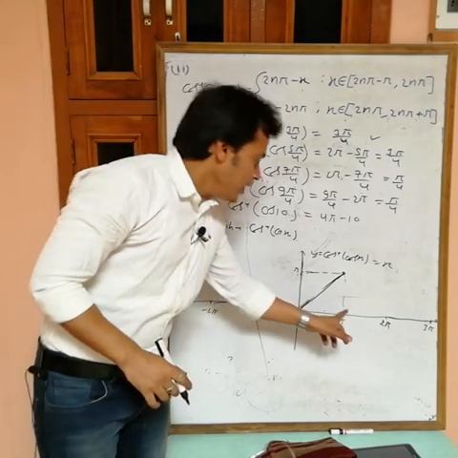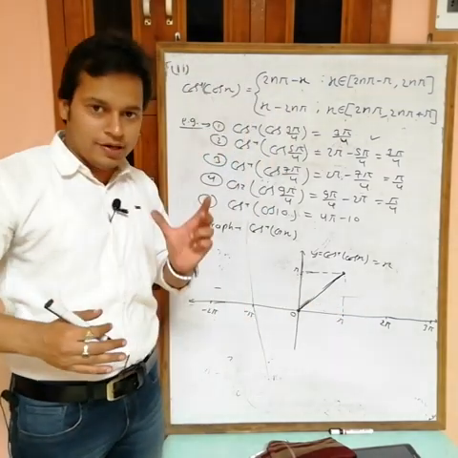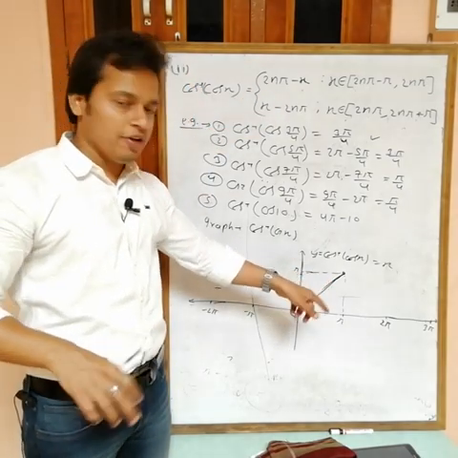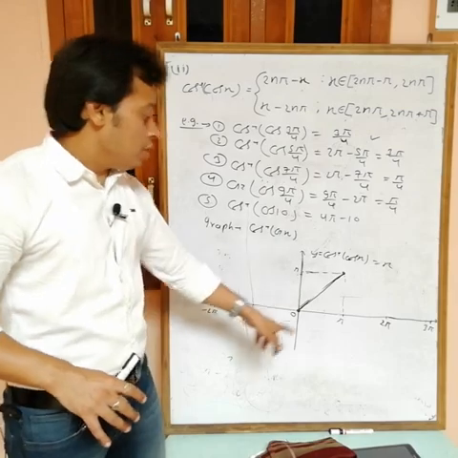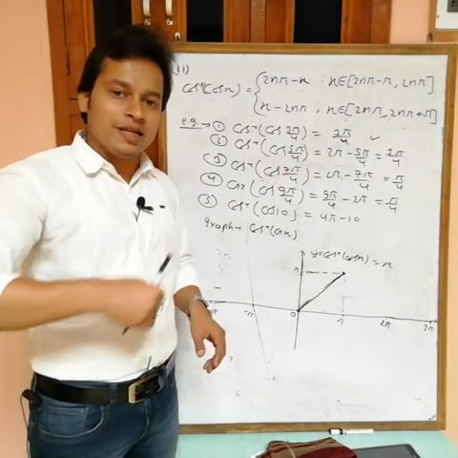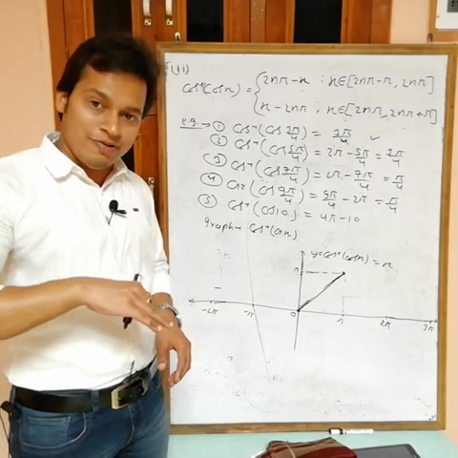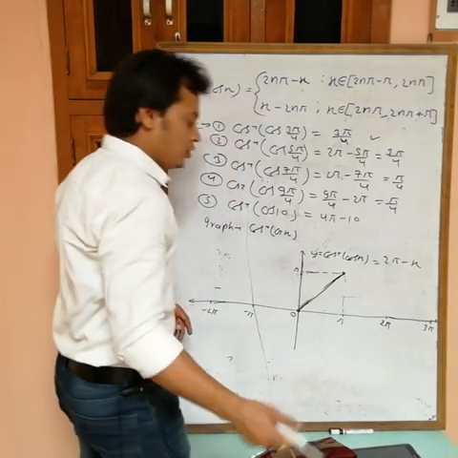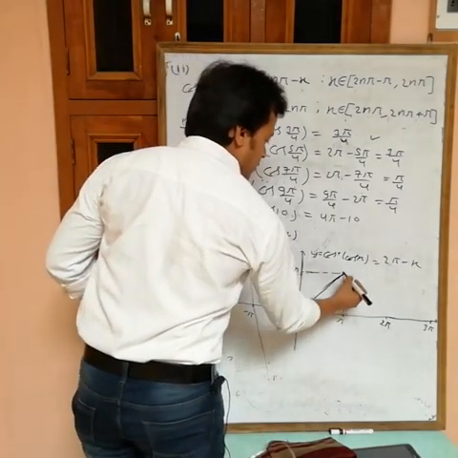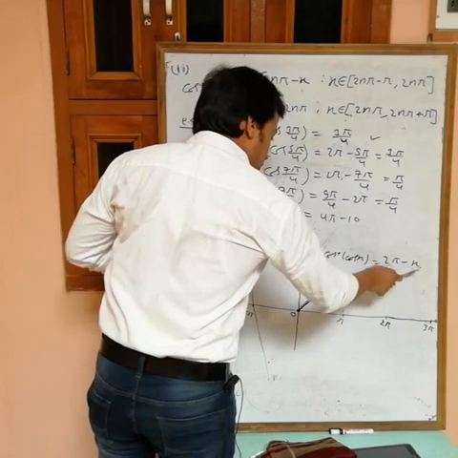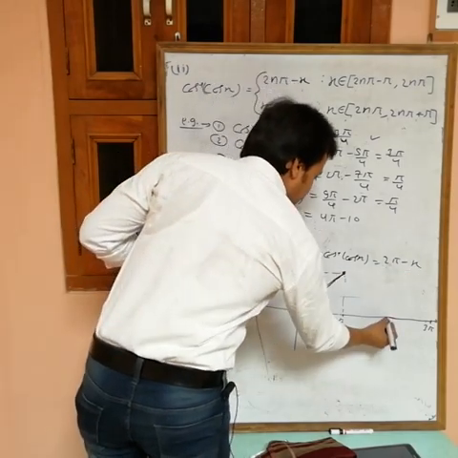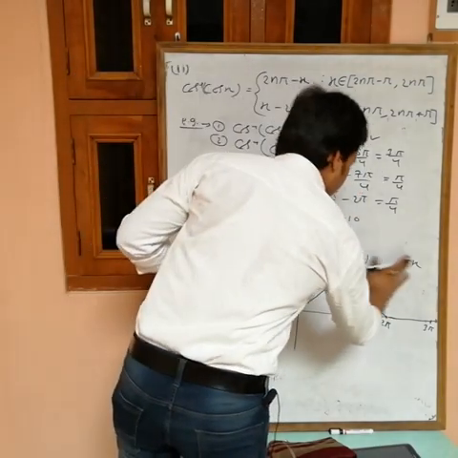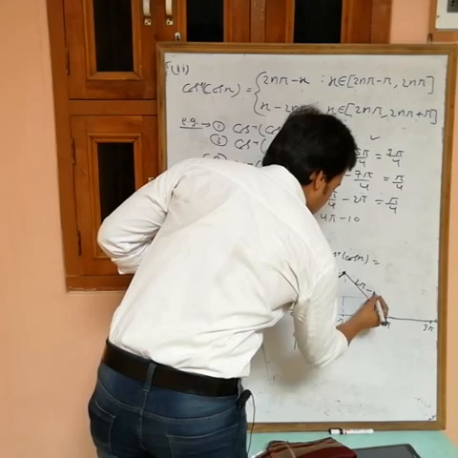After that, x from pi to 2 pi is the next interval. If you can't remember this, if you can remember the graph, then also okay, no problem, but remember this one. If pi to 2 pi, it means less than 2 pi. If x is less than an even multiple of pi, then the answer is 2 pi minus x. Now put the values. If you put pi, we get 2 pi minus pi, pi. Now put 2 pi, we get 2 pi minus 2 pi, 0. Join them. This one is x, and this one is 2 pi minus x.